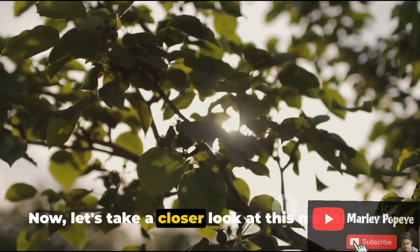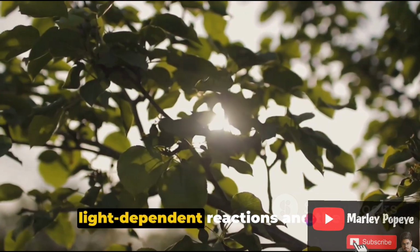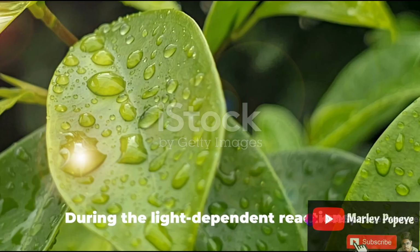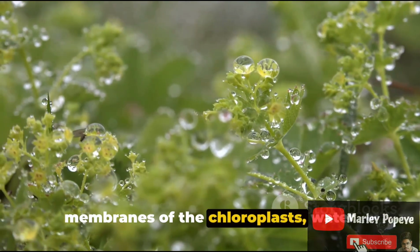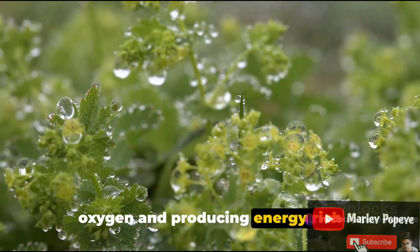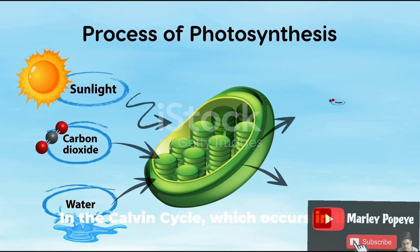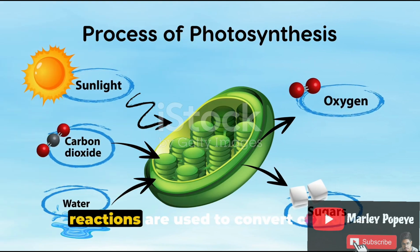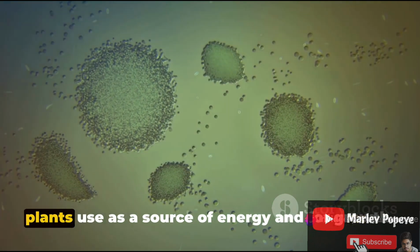Now, let's take a closer look at this mechanism. Photosynthesis occurs in two stages: the light-dependent reactions and the light-independent reactions, also known as the Calvin cycle. During the light-dependent reactions, which take place in the thylakoid membranes of the chloroplasts, water molecules are split apart, releasing oxygen and producing energy-rich molecules, ATP and NADPH. In the Calvin cycle, which occurs in the stroma of the chloroplasts, the ATP and NADPH produced in the light-dependent reactions are used to convert carbon dioxide into glucose, a type of sugar that plants use as a source of